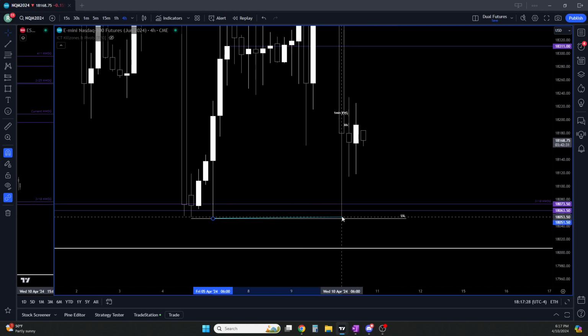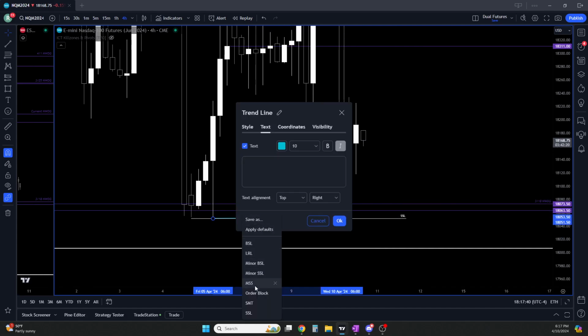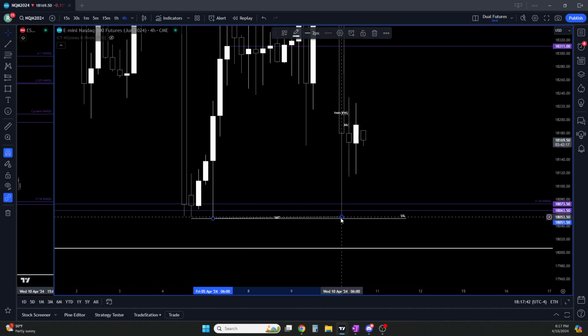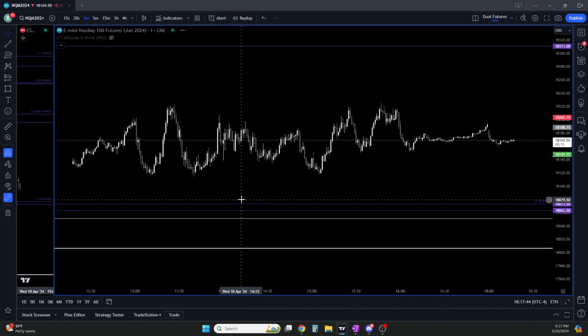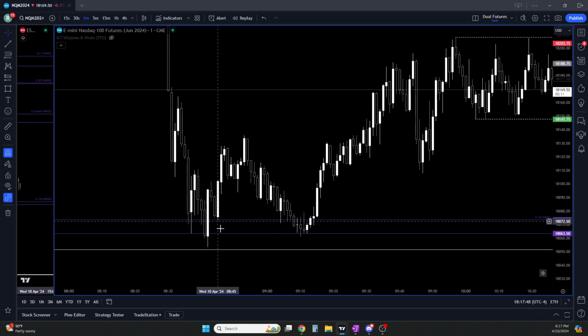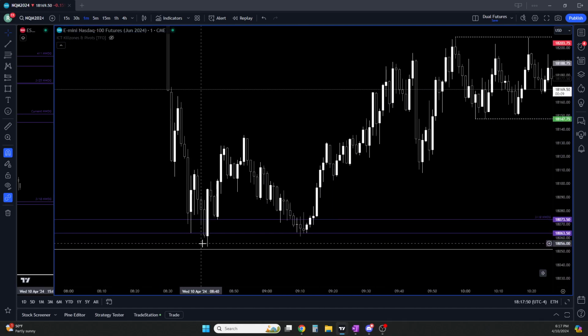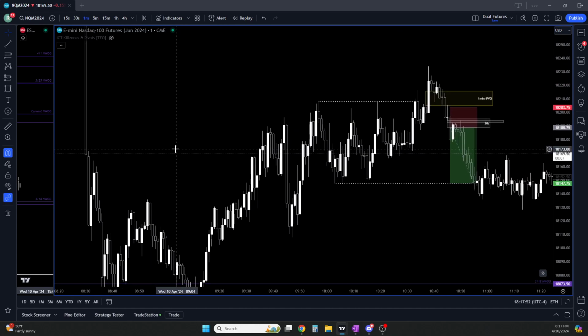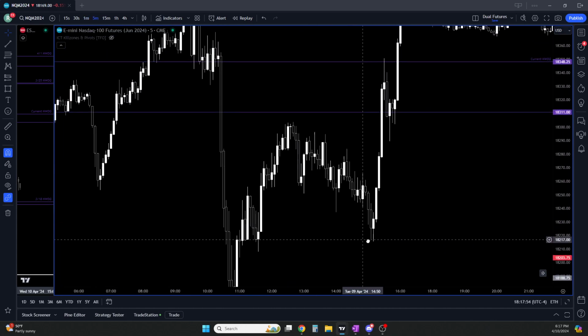I guess if I was looking at a 1 minute chart at the time, I would be wary of this, but this is relative equal lows to me. That's way too close for me to consider that an SMT. If I was on the 1 minute, maybe you could have seen a little model here for some sort of retracement. I don't know, not what I was gonna look for, but